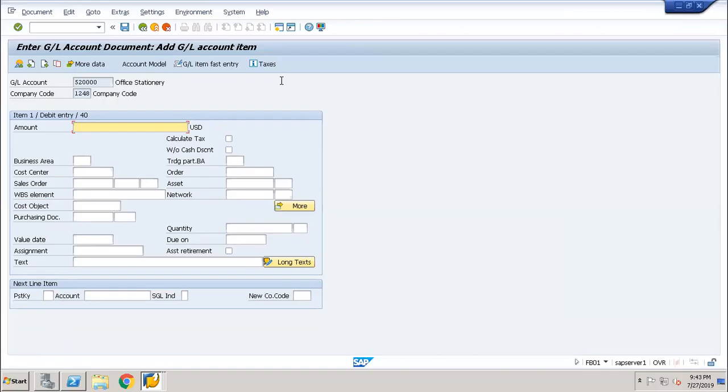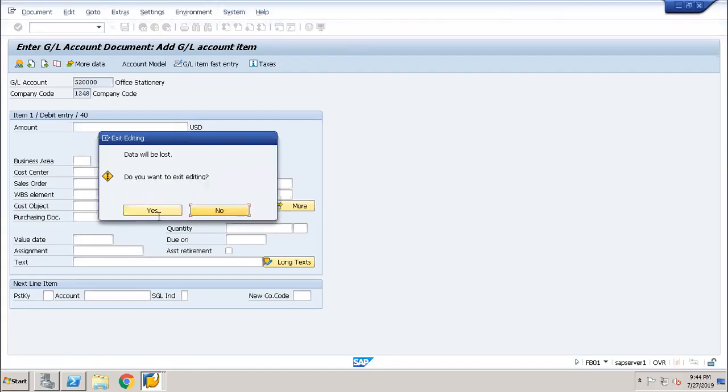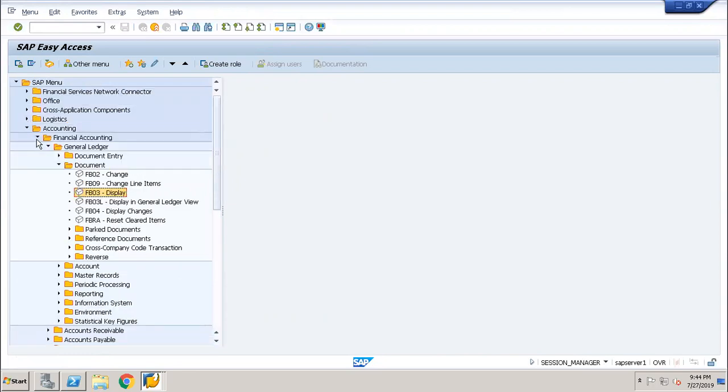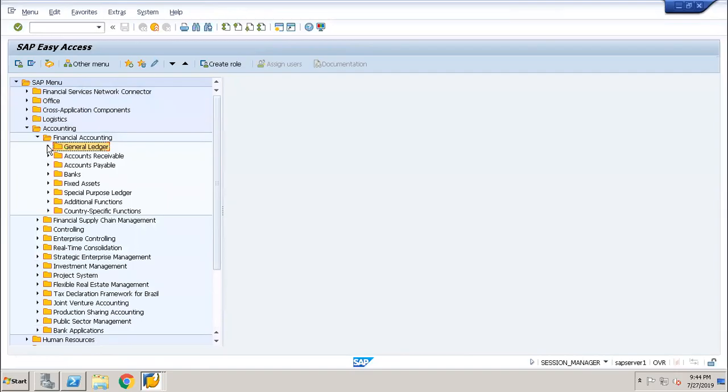Who enters those exchange rates in the exchange rate table, is it the finance FICO guy, or the Basis guy? Finance people will enter. There are two options in this case. You can enter manually in OB08. OB08 is basically in SPRO, in the screen, but you have an option to enter over here